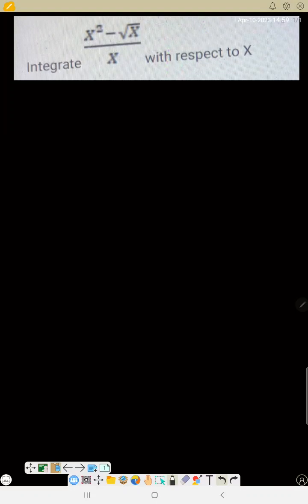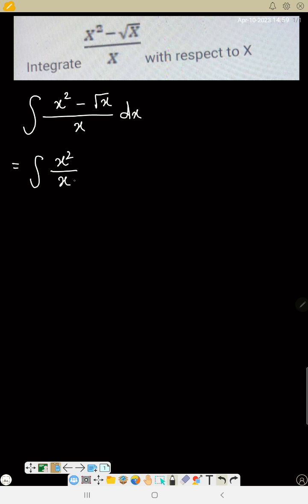So we have to integrate (s² − √s) divided by s, ds. So this s here will divide both numerator terms, to be the same thing as s² over s minus √s over s,